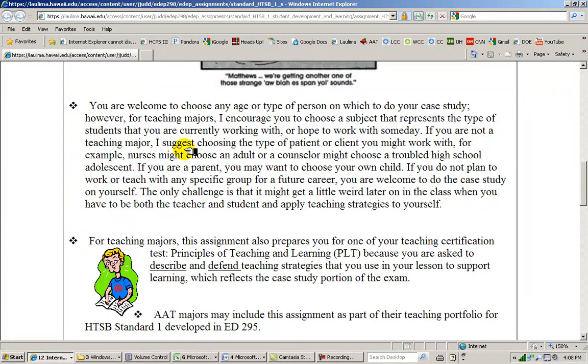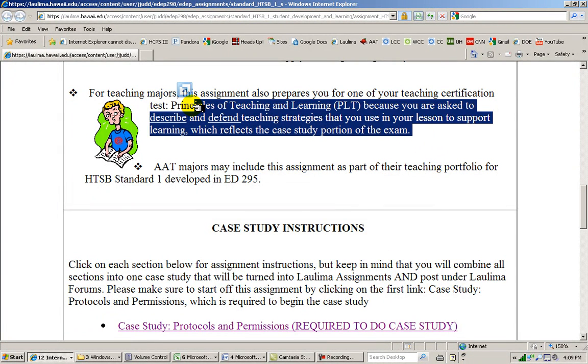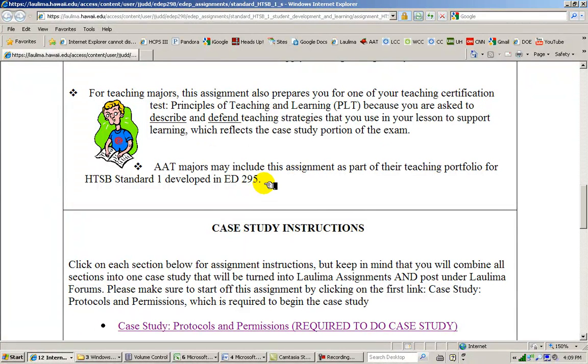an educator. If you're a nurse or a counselor, choose somebody that you might work with also. If you're a parent, you might want to choose your own child. You also have the option of choosing yourself. The only challenge with that is it gets a little weird when you start teaching yourself things, but it is definitely doable, and it might be a good learning experience for yourself. For the teaching majors, again, this is going to help you pass the PLT. And for AAT majors, you would put this in your Ed 295 portfolio under Standard 1 at the end of your teaching